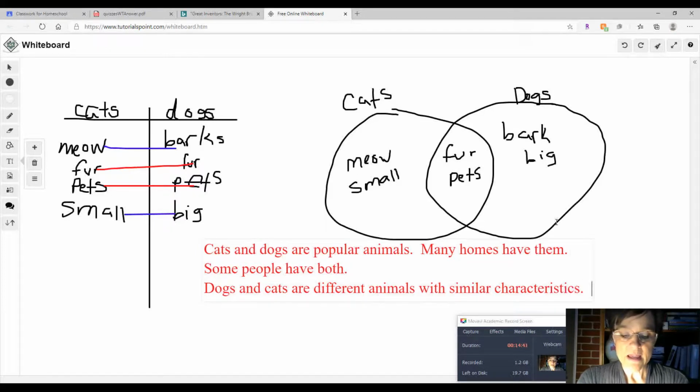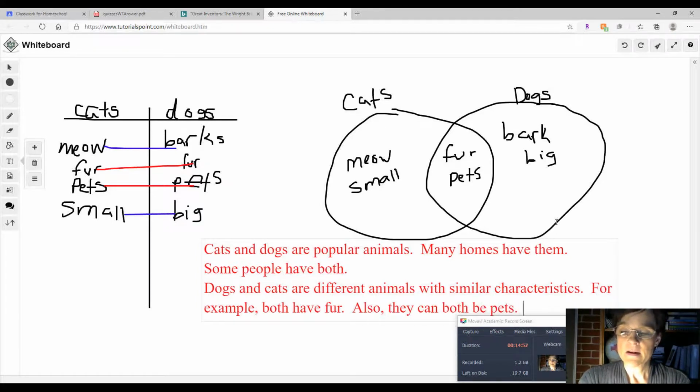And then we'll say, for example, both have fur. Also, they can both be pets. Okay, now we're going to go to our next paragraph. It's going to have a topic sentence. Remember, it's the contrast. We're telling how they're different. Okay, so we might say,